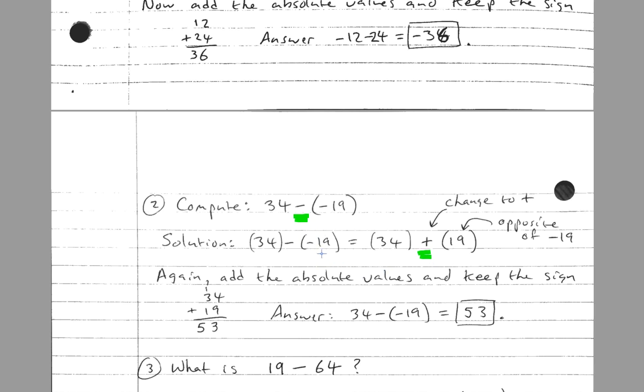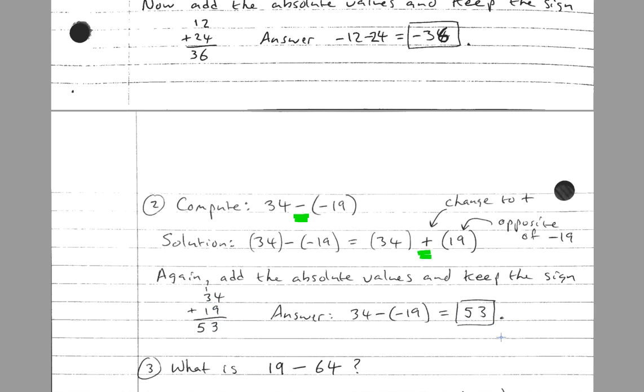All right, and this question turns into a much easier question, just 34 plus 19. Yeah, on the homework, don't forget to show your work. So it's 4 plus 9 is 13. Write down the 3, carry the 1. 1 plus 3 plus 1 is 5, so 53